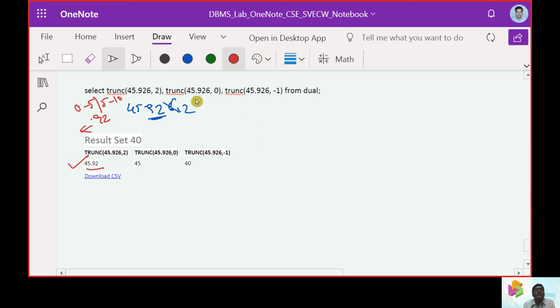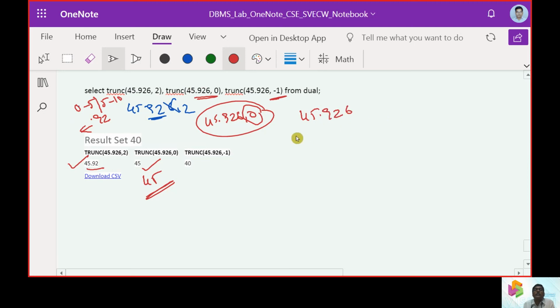Now what if it is 45.926 comma 0? Then we will be getting the value as 45. Now the same thing applies here when it is -1.